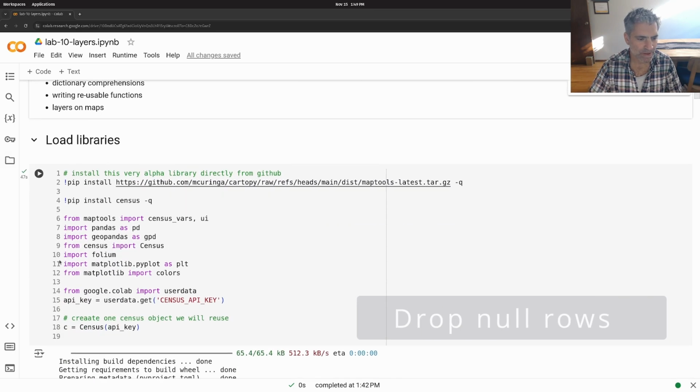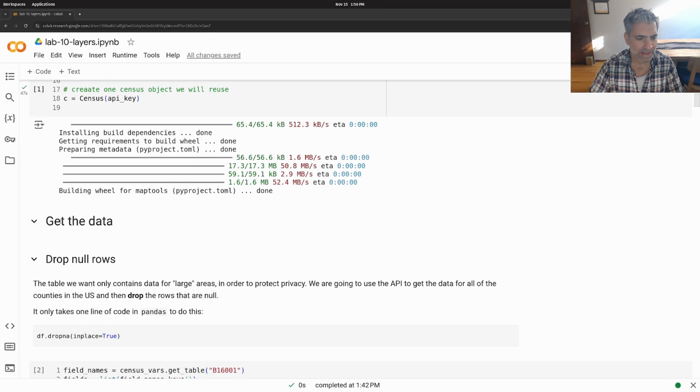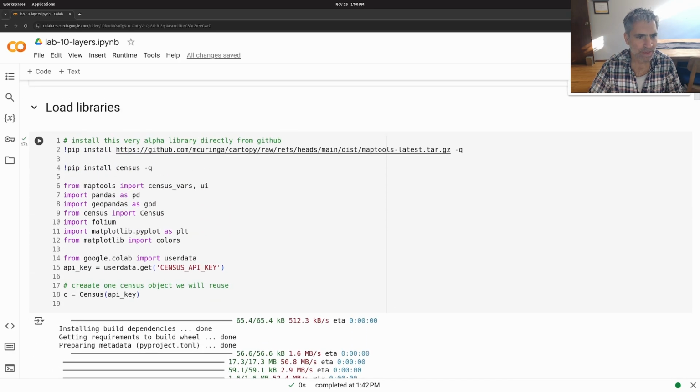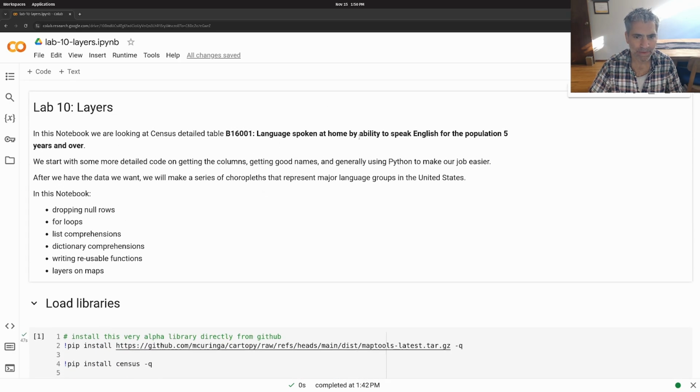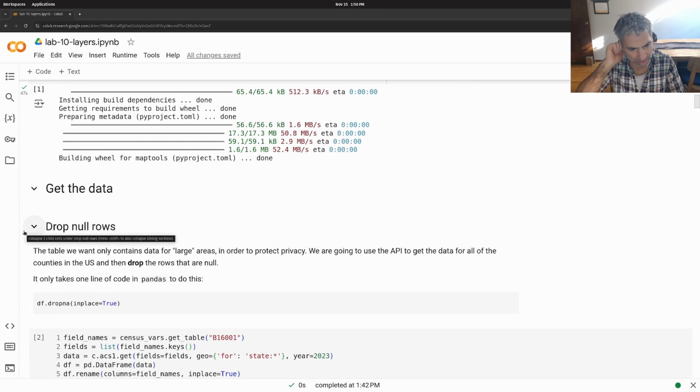We load the libraries. We're actually not loading any libraries we haven't seen before. We get our census key, and then we get some data. So this week we are working with languages spoken at home by ability to speak English for the population 5 years and older. So this table